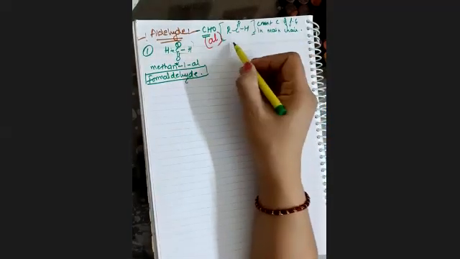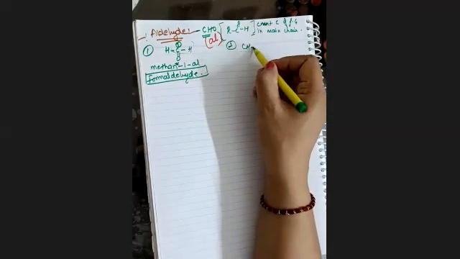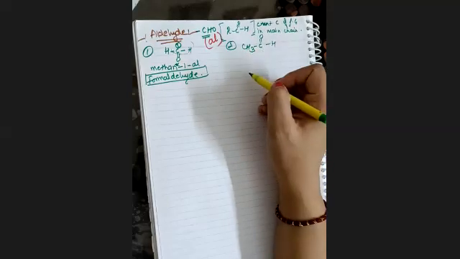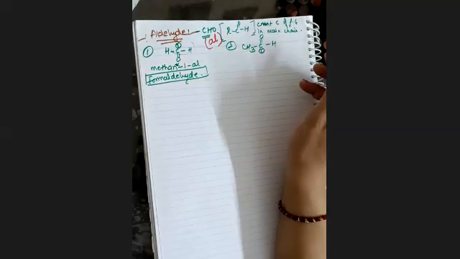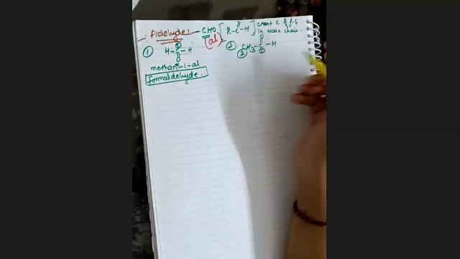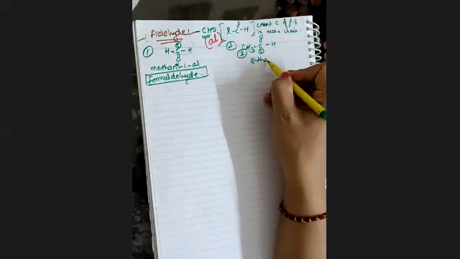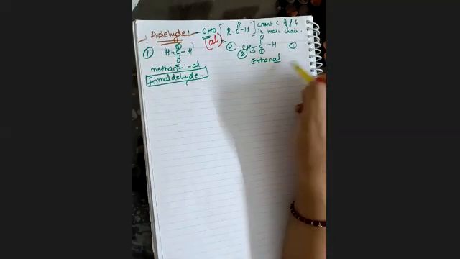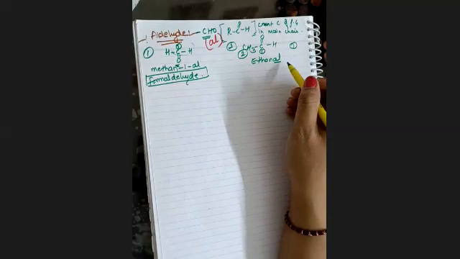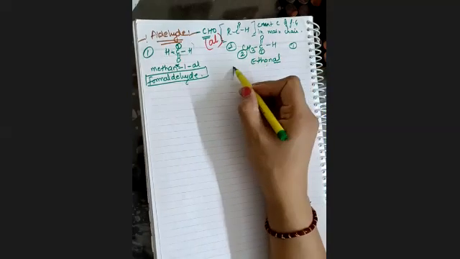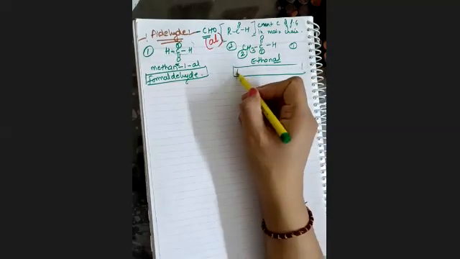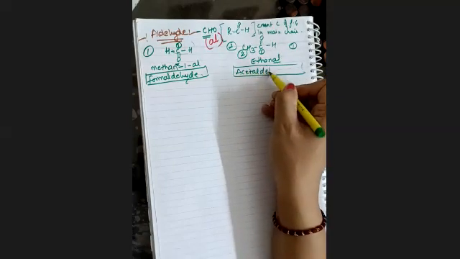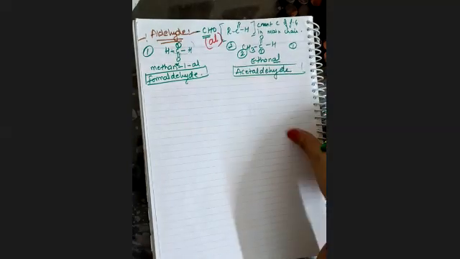Let me just increase the carbons. For example, if I have CH3, C double bond O, H. Now I have two carbons. So the first carbon will be given to the functional group carbon, and the second one is this. So this will be ethanal. When something is on the first position, there is no need to write its place. So this will be ethanal. Common name: acetaldehyde, and I think you are familiar with the common name.